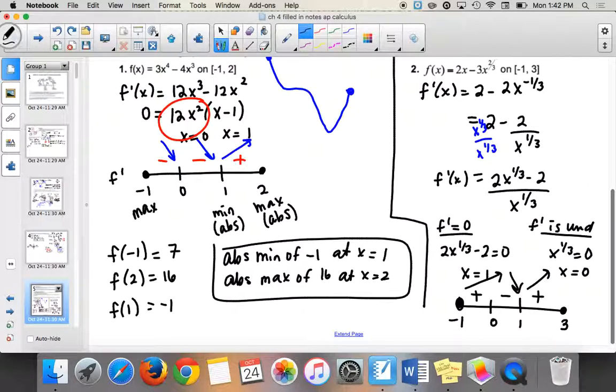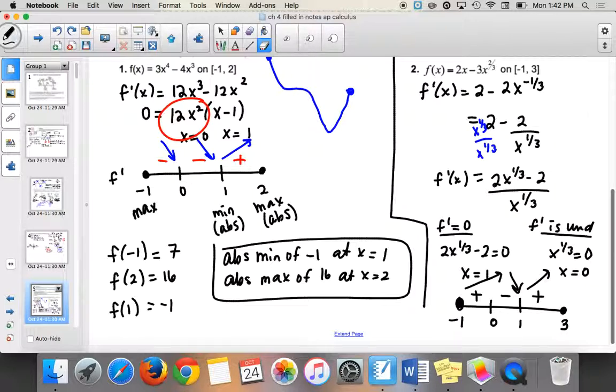So 1 is a possibility for a maximum. But the slope is undefined there. So what does that mean? I don't know. It could mean lots of things. Sometimes we have something like this, right? A vertical asymptote. It's not a vertical asymptote, though. How can I tell based on my original that it's not a vertical asymptote? Is there a point there? If I plug in 0, what do I get? 0, right? There's a point there. So that's one of the ones where it's like a corner or a cusp, basically. Okay. So yes, there is a maximum at 0.